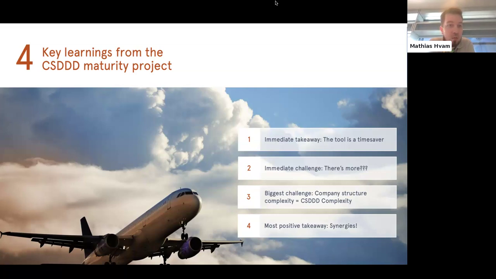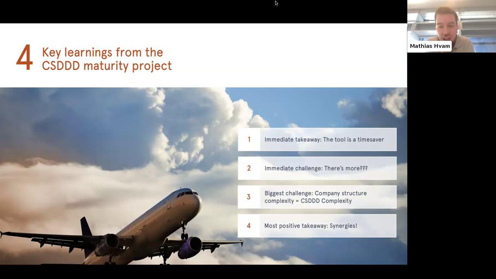We saw the same thing was going to be an issue for us with CSDDD. So for us, a lot of time has been saved with the tool allowing for a very simple and very quick overview. It's something that we do ourselves normally, but the amount of time we've saved is immense. So that's the first immediate takeaway, that it skips some of the tasks you'd have to do internally before even getting to the real work, and that's been very helpful for us.